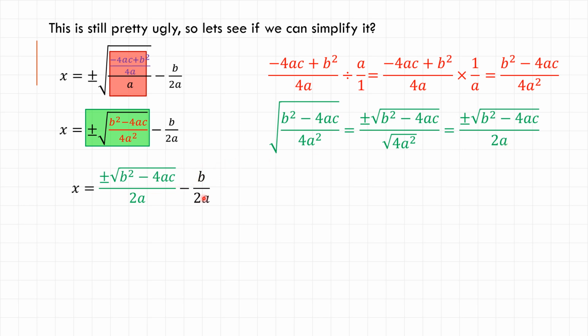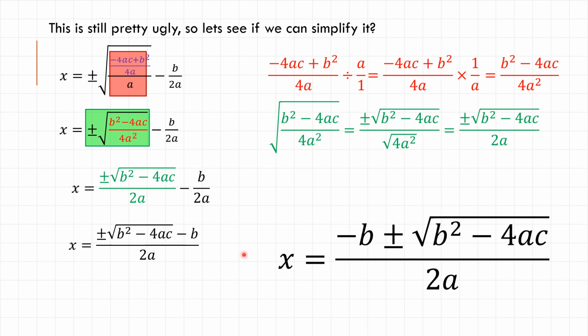Can I actually subtract these? They have the same denominator, so I could just subtract their numerators. And in fact, the regular version of the quadratic formula is exactly this, except they've taken this negative b and moved it out front, to get x equals negative b plus or minus the square root of b squared minus